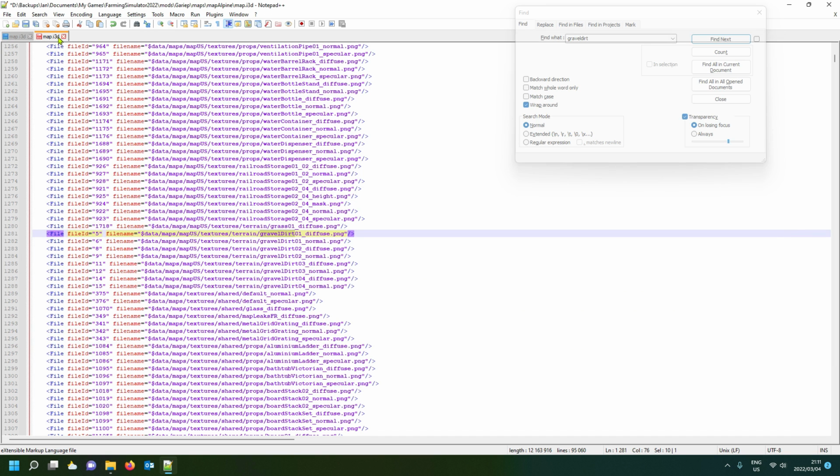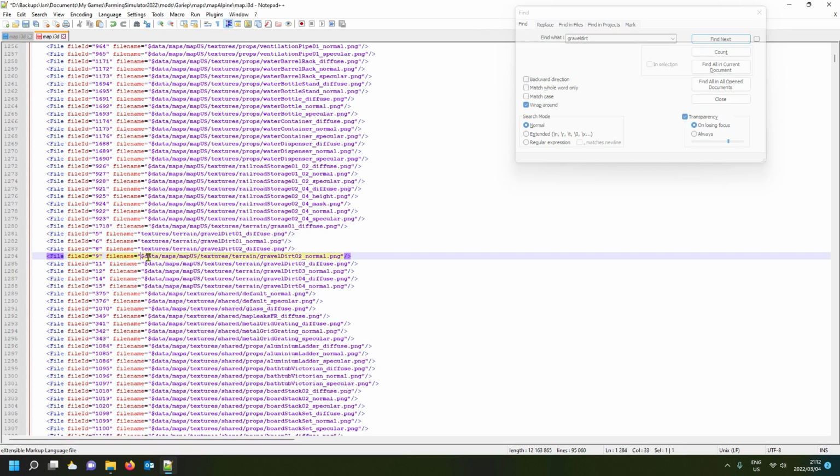Alright, so back to our i3D Gharib. Make sure you edit the right thing, and you go in here. I've already got the textures, terrain. Nice, so I can just delete textures, terrain. So you just delete the dollar data up to there, and that's the only modification you need to do to these few files. And once you've done all 8 of them,